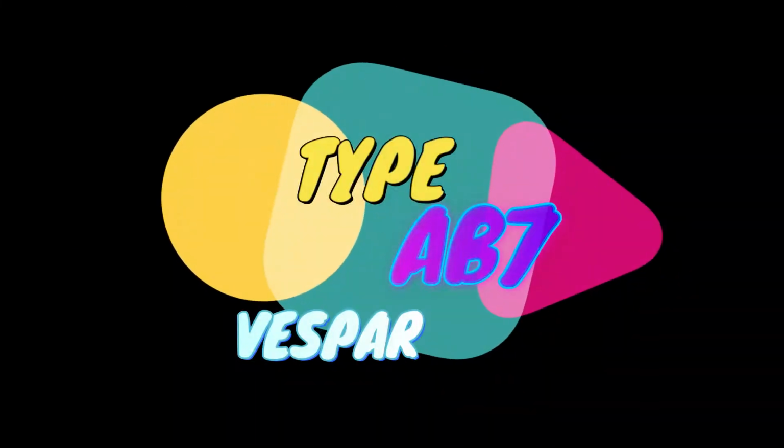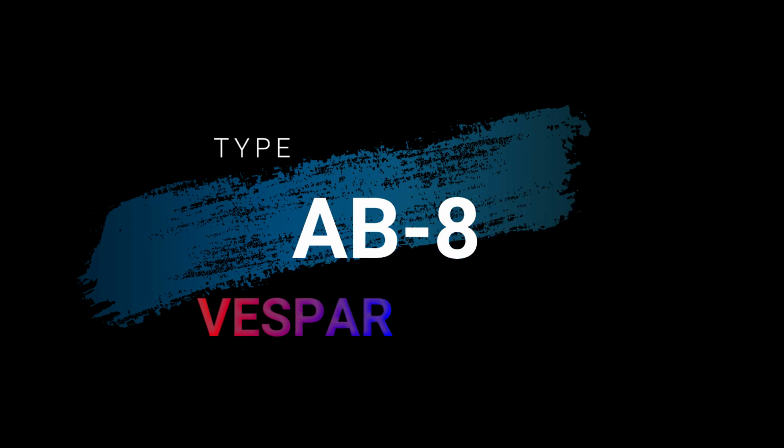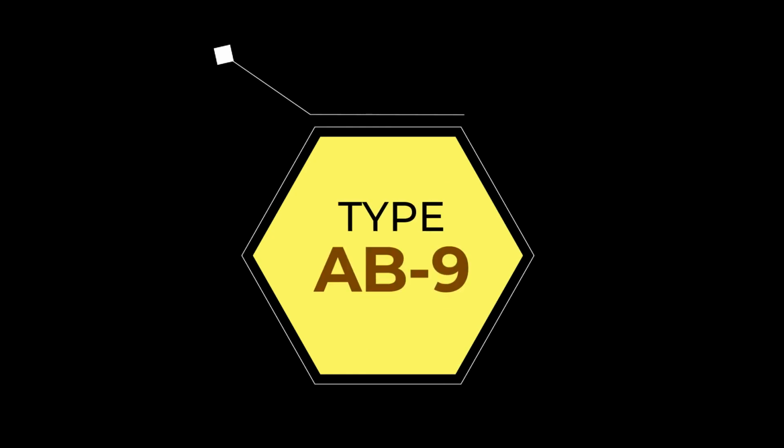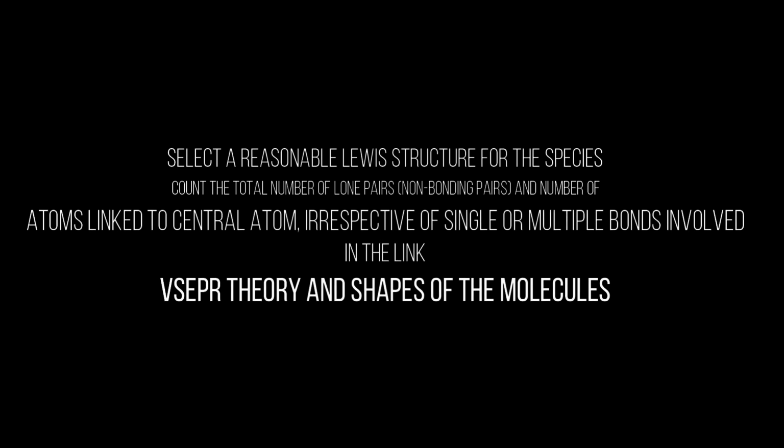In AB7, a pentagonal bipyramidal shape is obtained, in AB8 a square antiprismatic shape, and in AB9 a tricapped trigonal prism shape. You can get the examples from the notes which I have sent you, and they have details about their structures and geometries and how you can draw their shapes,